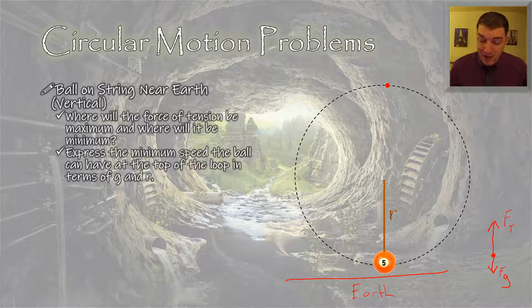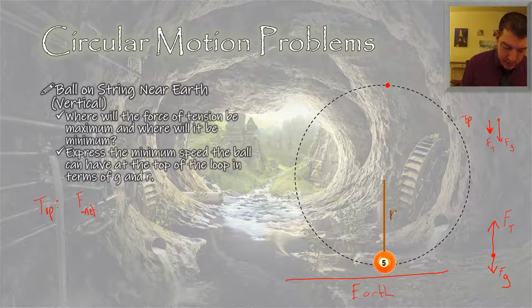If we were at the top and we were drawing a free body diagram, the force of gravity would be going down and the force of tension would be going down. In fact, at the top of the circle, we don't have any forces going out of the circle. Now that we have a free body diagram for the bottom and the top, we can look at the two situations when we're trying to figure out where will the tension be the maximum. Looking at the top situation first,